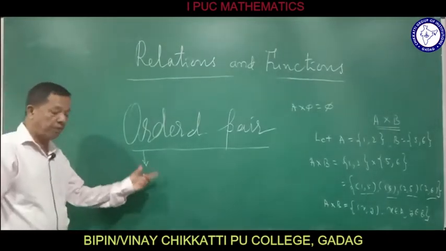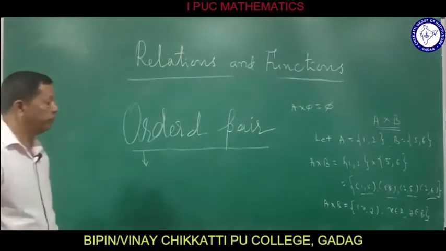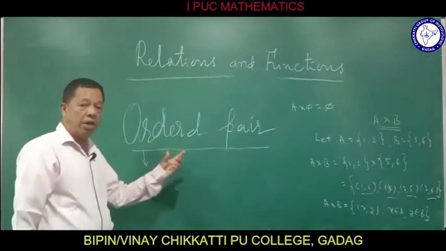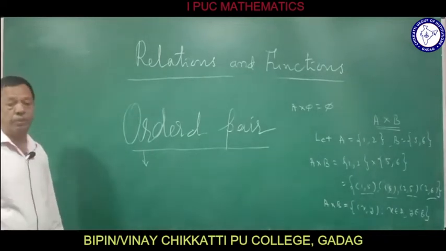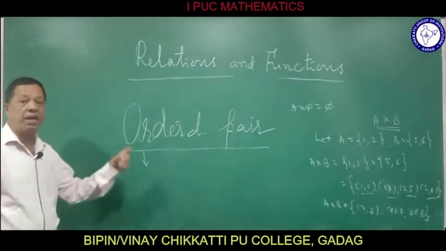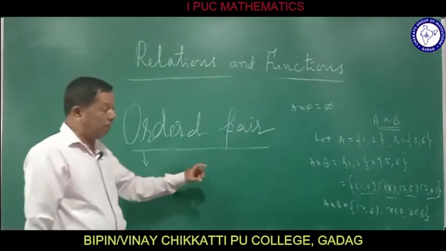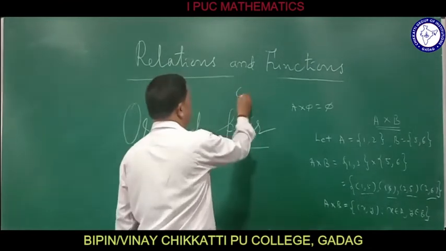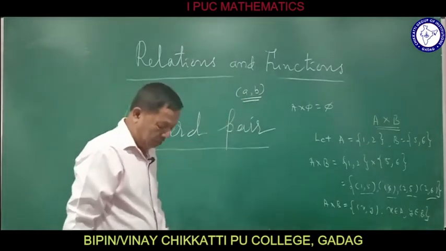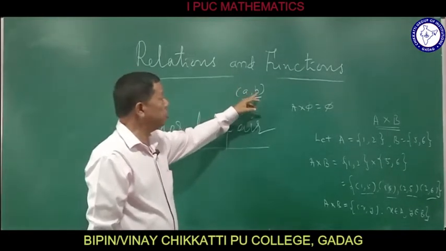An ordered pair is defined as a pair of objects listed in a specific order, separating them by commas. In general, we write A, B. This is an ordered pair. An ordered pair is defined as a pair of objects listed in a specific order,